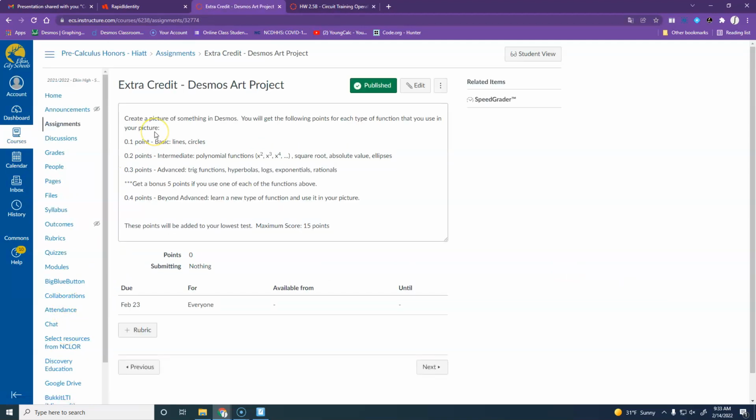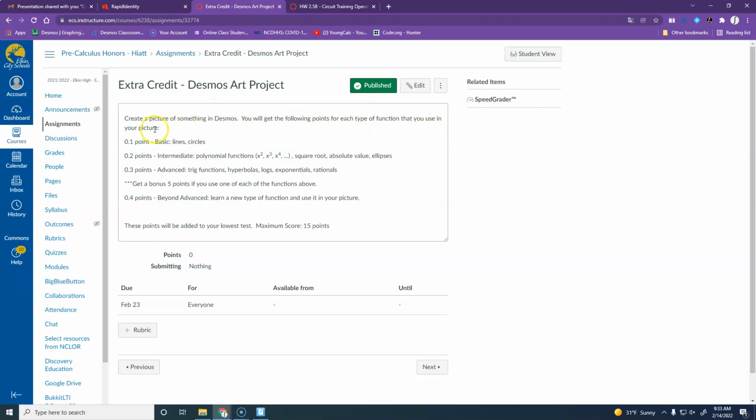Okay, so this is sort of a very broad project. Some of you guys are finishing my work super fast, and I think we just need a little extra enrichment to do here. Plus, some of you might just want to do this to bring your grade up a little bit, because it can help if you've got a low test grade. It's a really basic project. Your task is to create a picture of something in Desmos,